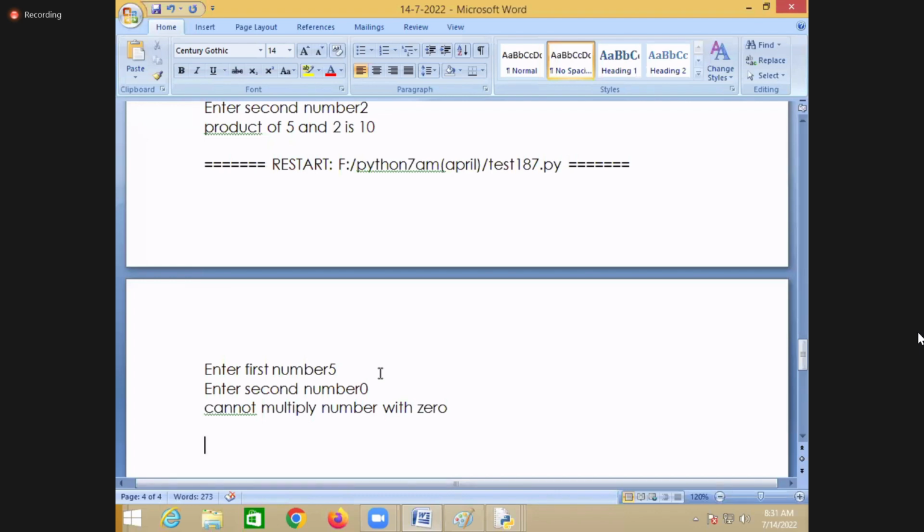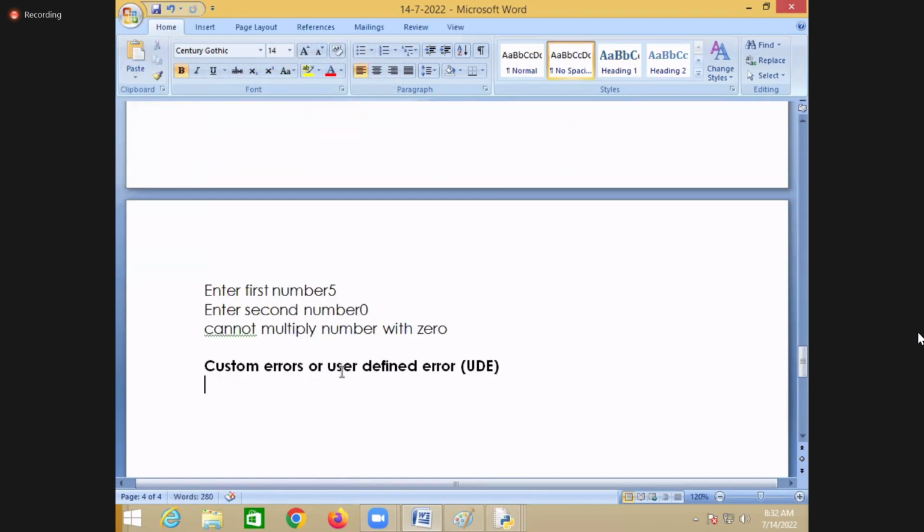Okay. Now this is custom errors. Custom errors are user defined errors.